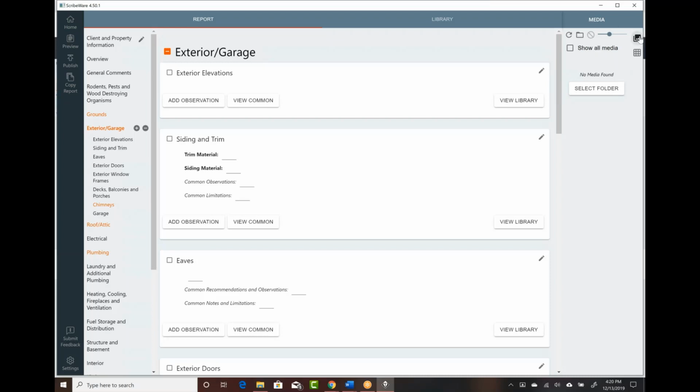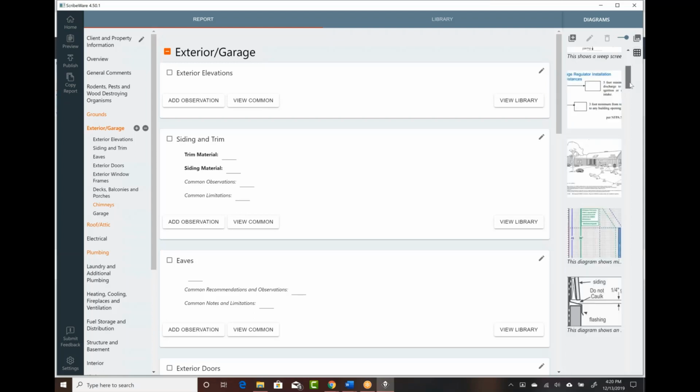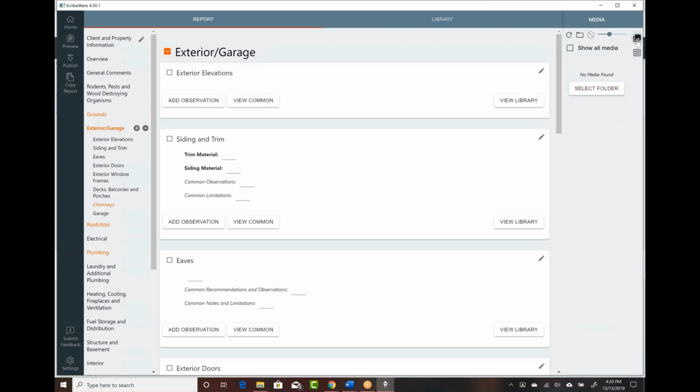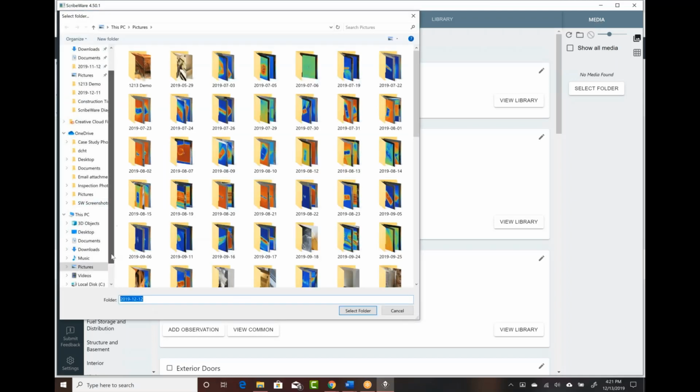So you've got this button, and this button would go to your diagrams. And I'll show you how you can connect to that at some point. But then this one goes to your pictures. So if you click this media button, that's going to open up basically your ability